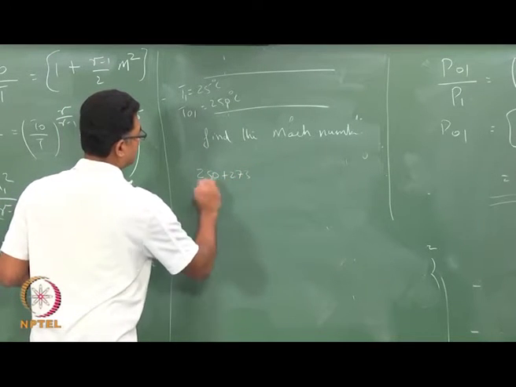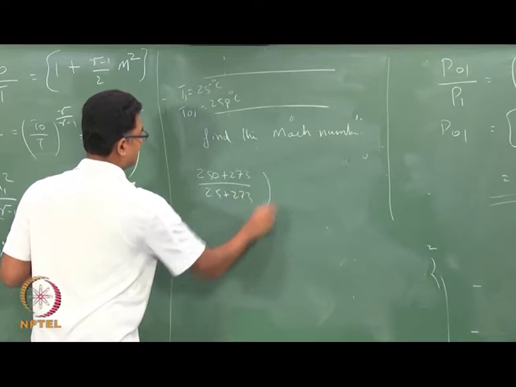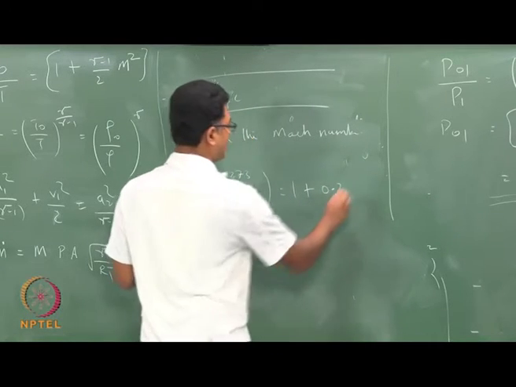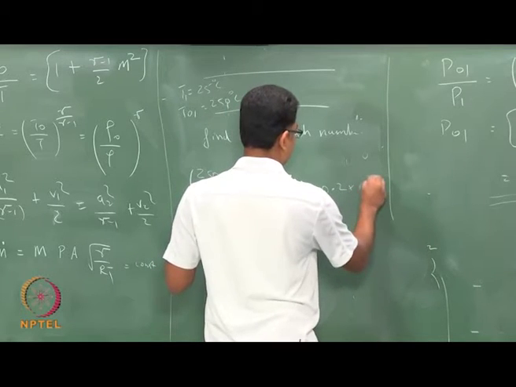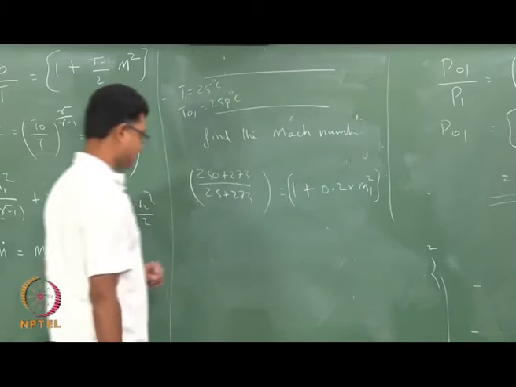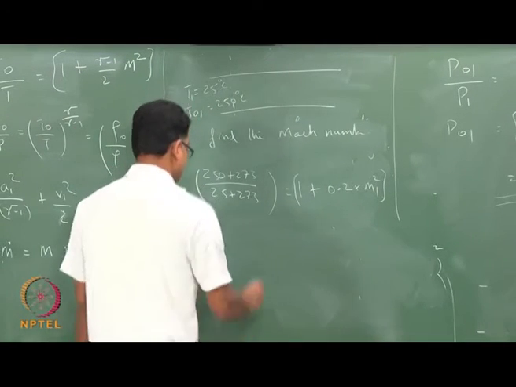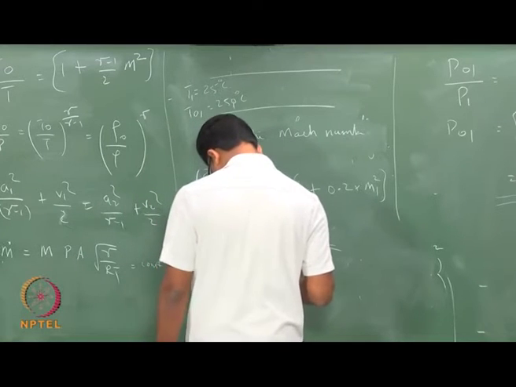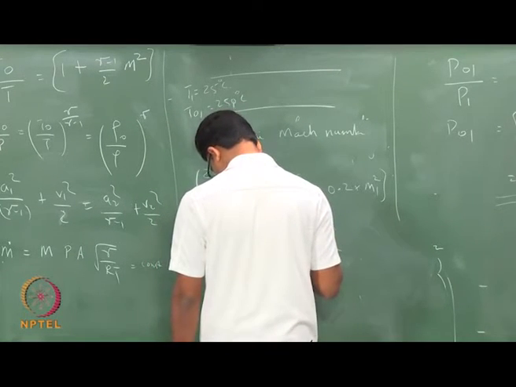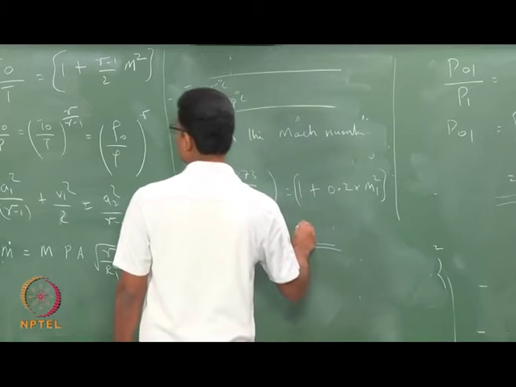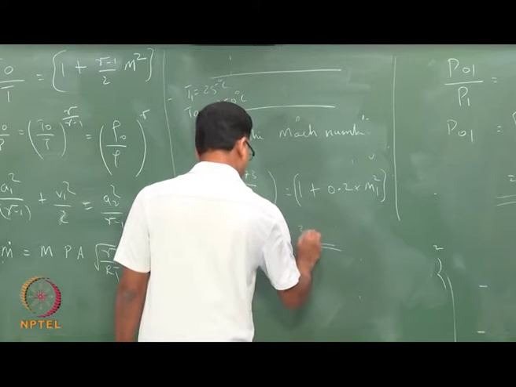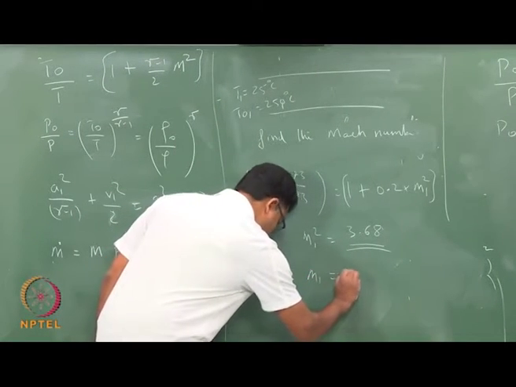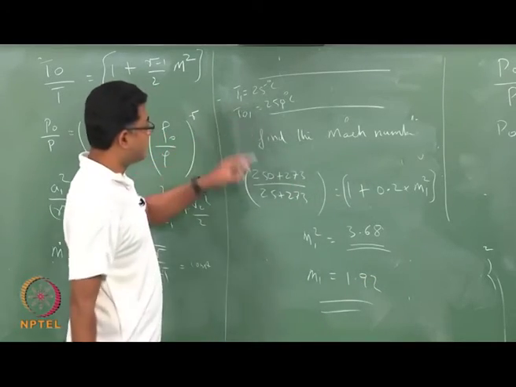(250 plus 273) divided by (25 plus 273) equals 1 plus (gamma minus 1) by 2, which is 0.2, into M1 square. So, your M1 square is now going to be something which is around 3.68 as per the calculation I have done. M1 is 1.92. So, if I know these two quantities, I can find the